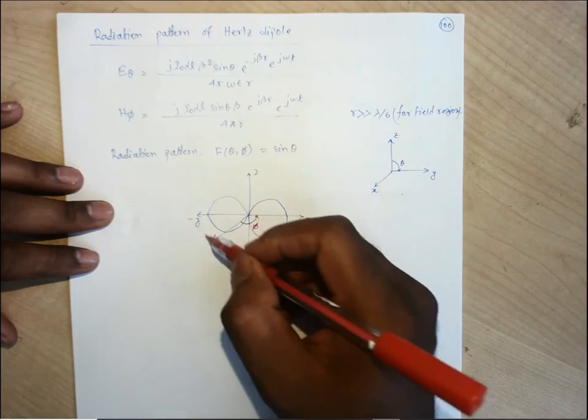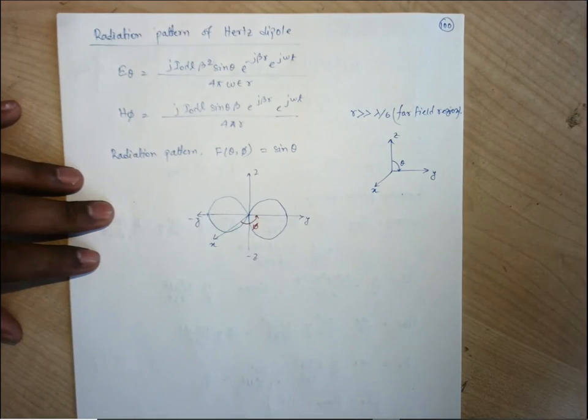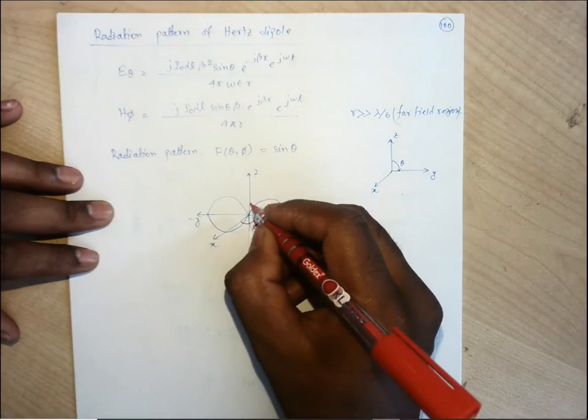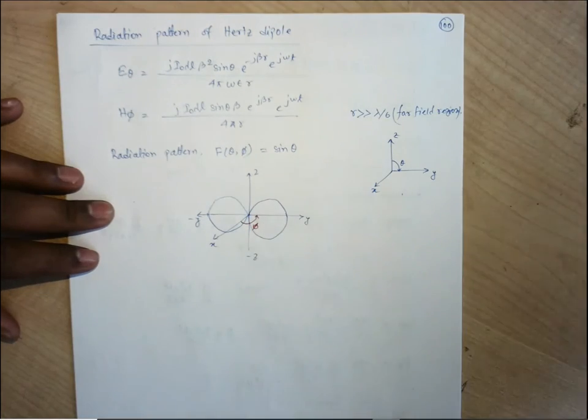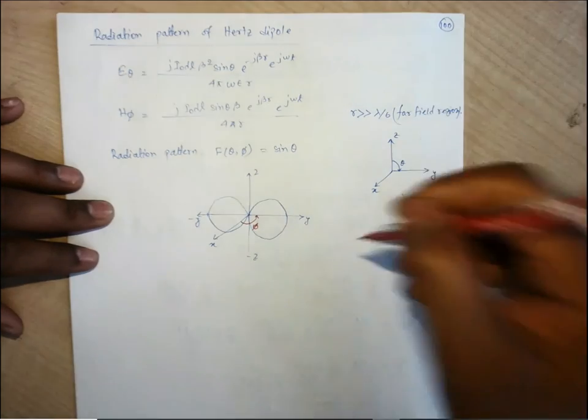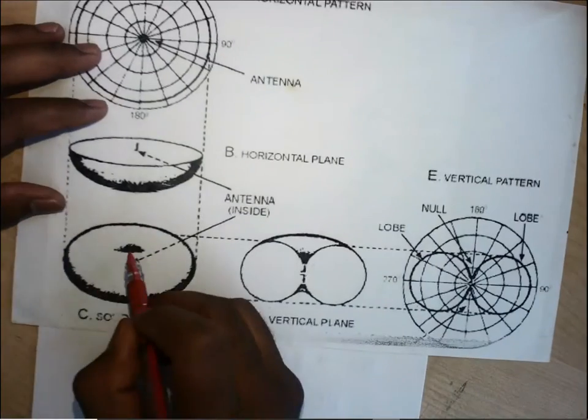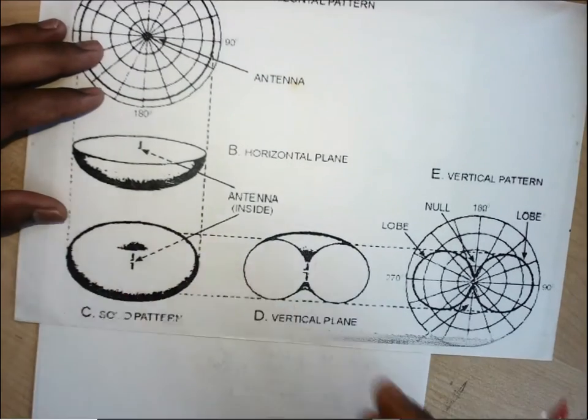If you take so many slits for each value of phi, what shape are you going to observe? You will find a sphere, but with the top and bottom pushed inward towards the center of the coordinate system. Or you can think of an orange. The orange is like what? It is a sphere, but on the top and bottom it is pushed in towards the center of the sphere. So I am making a pattern for this. This is the 3D diagram.